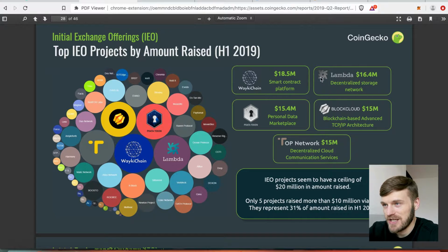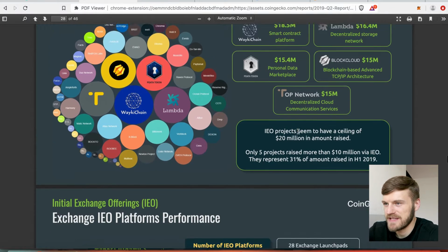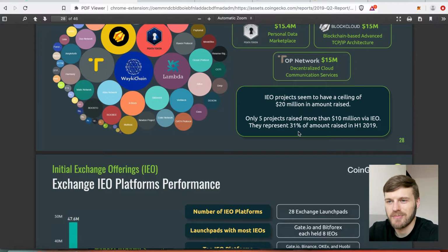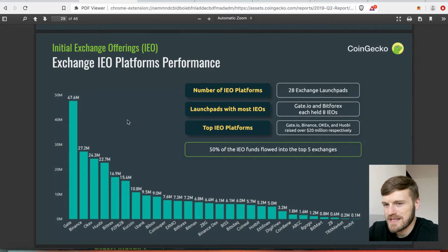And they are reaching crazy highs here with the amounts raised. I mean, CoinGecko Chain 18.5 million raised, Lambda 16.5 million almost, Personal Data Marketplace 15.5 almost, Block Cloud 15 million, and TOP Network also 15 million. I mean, this is big money we're talking here. And the exchange IEO platforms' performance here again,